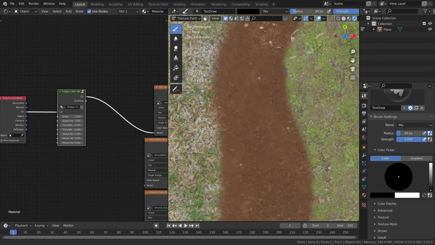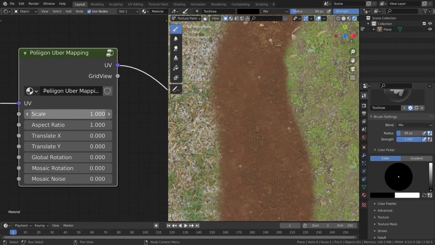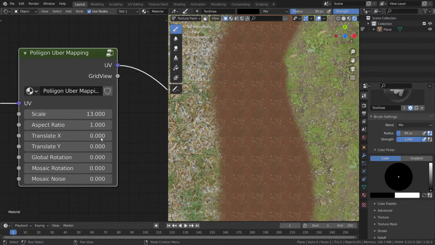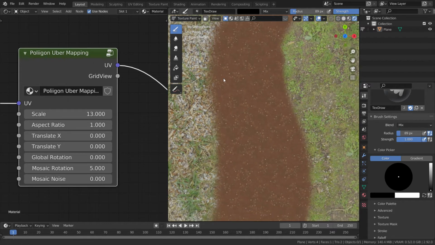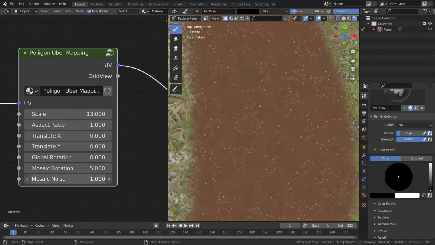Then you can see the result once we add some scale to it. So let's scale it something like 13, and then we should add some mosaic rotation. 5 will be good enough, and then you have something called mosaic noise, so increase that noise as well.